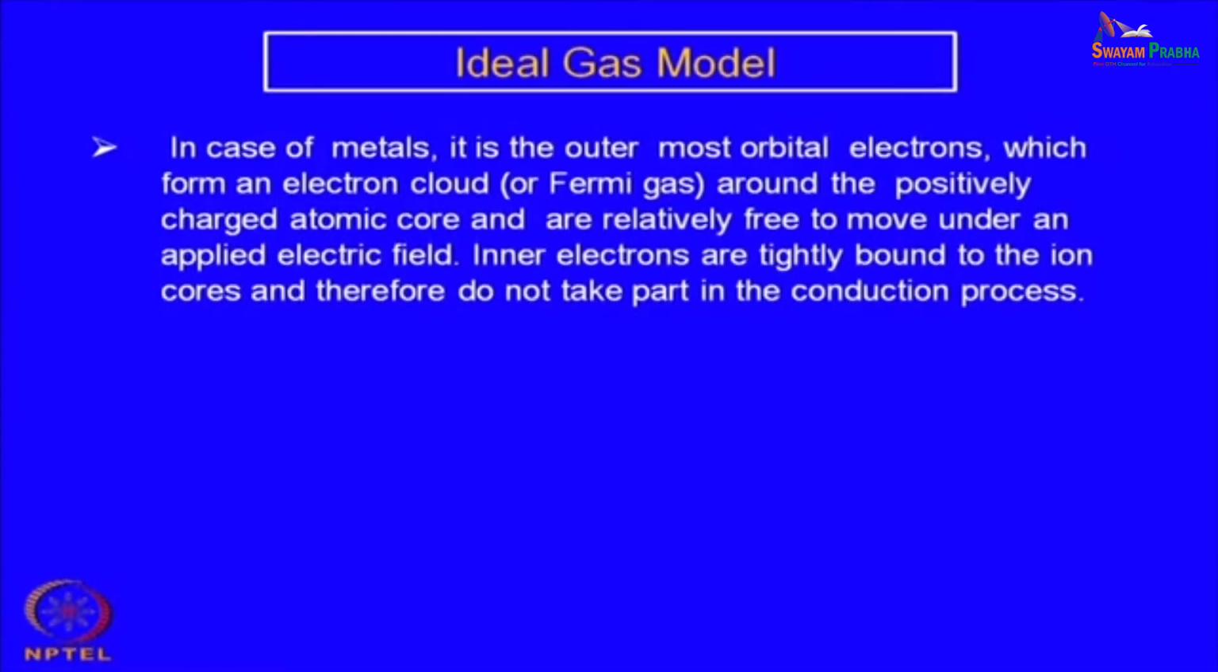In case of metals, it is the outermost orbital electrons which form an electron cloud, that is known from the principle of chemical bonding, the metallic bond. When we are talking about the metallic bond, you have the electron cloud, or sometimes it is called the Fermi gas, around the positively charged atomic core, and the electrons are relatively free to move under an applied electric field. Inner electrons are tightly bound to the ion cores and therefore do not take part in